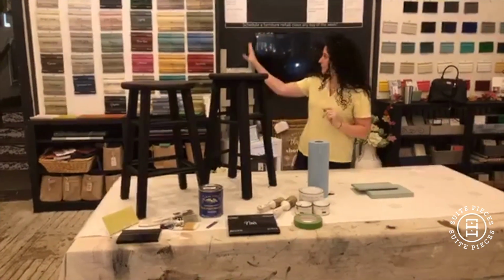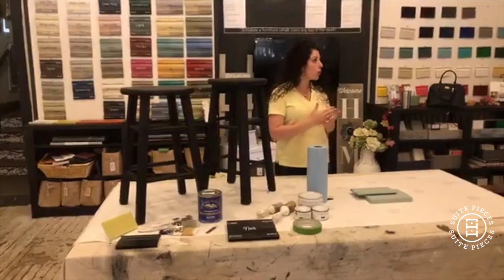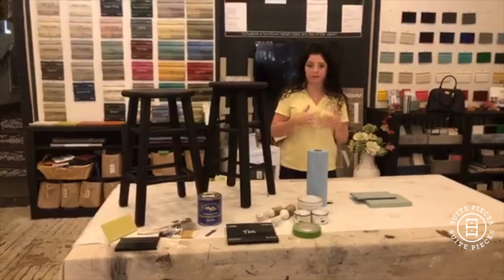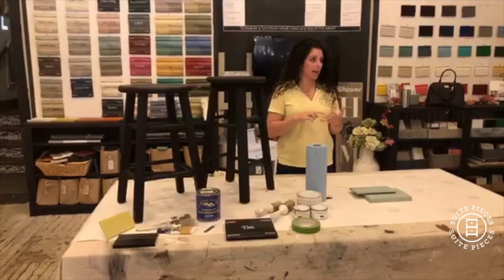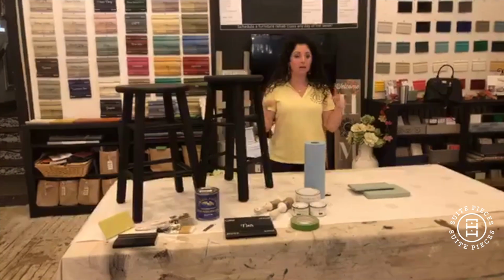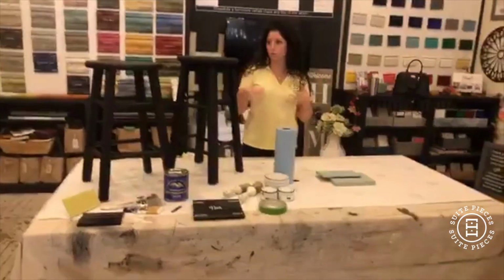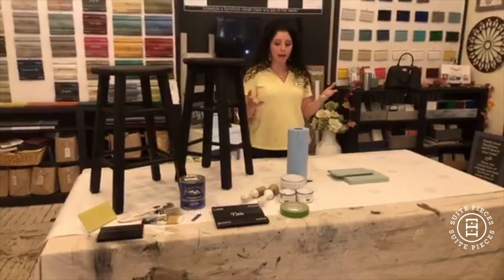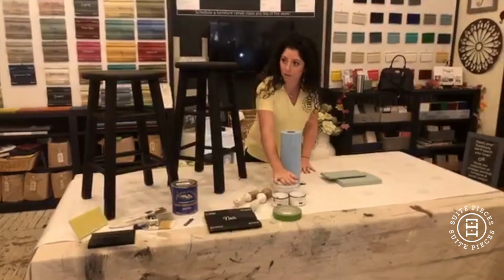With the matte finish paint, there's no prep work required. You don't have to prime, strip, or sand. You can basically paint over any surface: fabric, plastic, metal, brick, concrete, glass, laminate, veneer, you name it. All you have to do is clean it, which we recommend using a pre-paint cleaner that we carry here. And then you just seal it with wax to give it a layer of sheen and